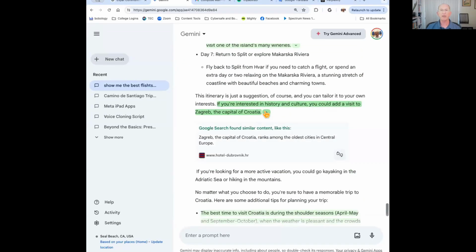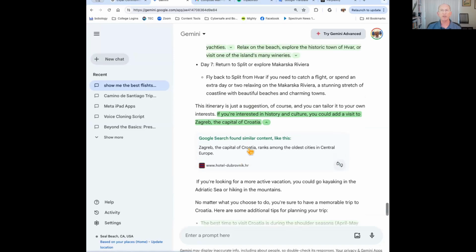And I can expand how it found it in search as well. So if you're unsure of where it's getting things from, Gemini gives you some tools that really give you the ability to dig into it, and it'll actually take you to links that you might want to go to if you're interested on Google search.